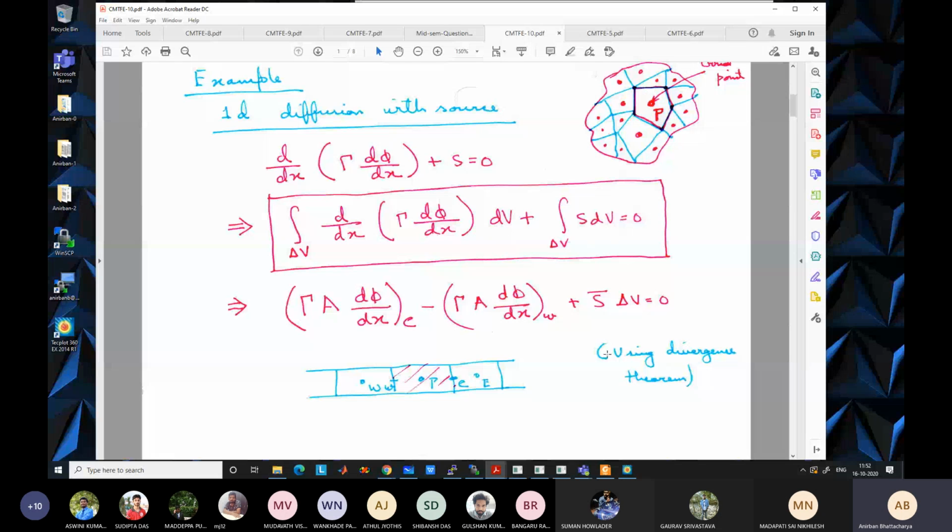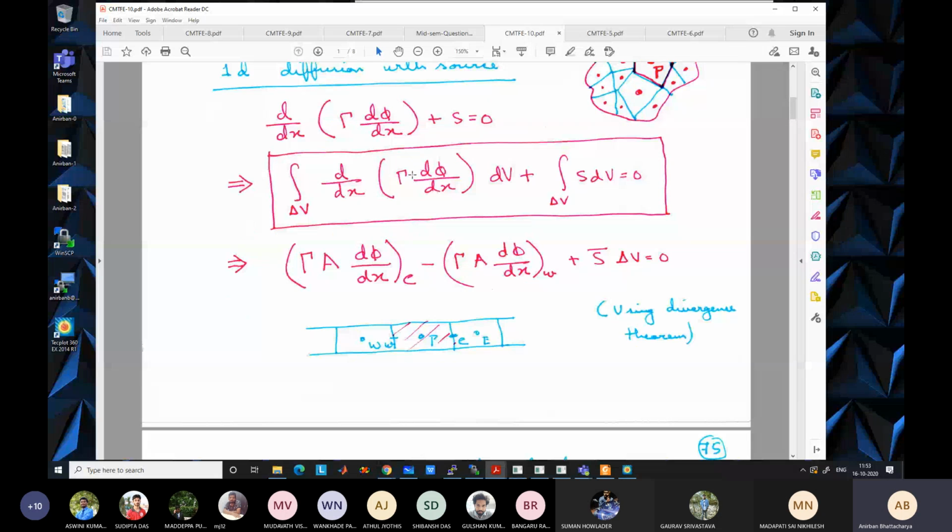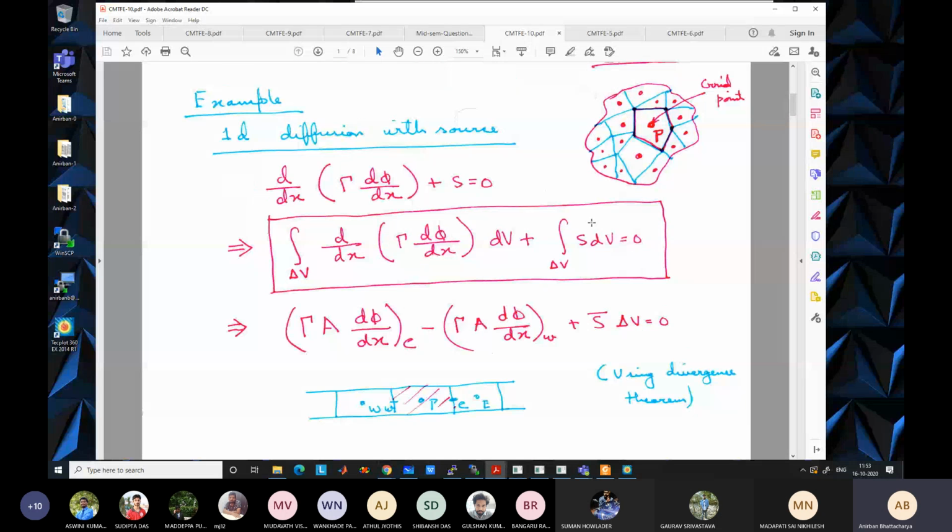Okay. The next step from here is where some approximation is actually needed in finite volume, and I will come to this part later. So just remember up to this point this integral formula. This is the main one, and it has certain advantages, as we will discuss in a minute.